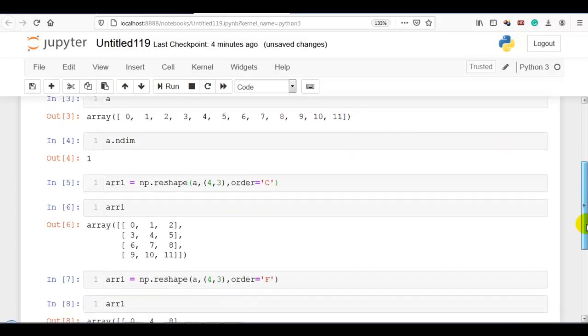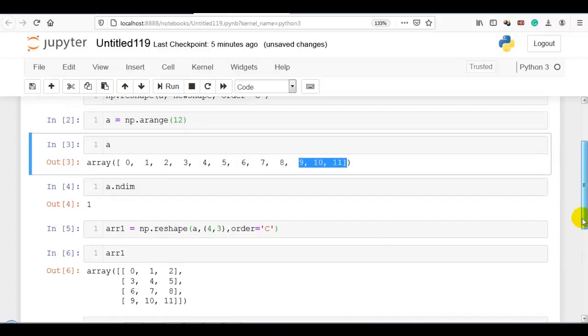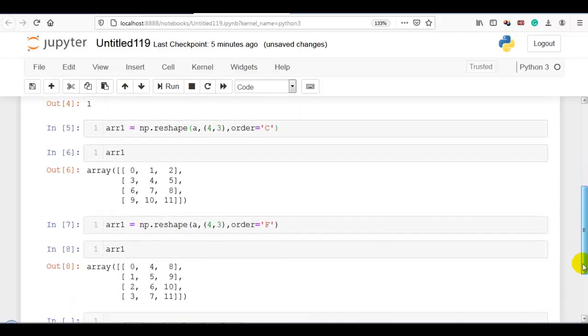Total 12 elements. Now you see which is arranged row wise: 0, 1, 2, then next row, and next row. Now let me print this A once again over here.